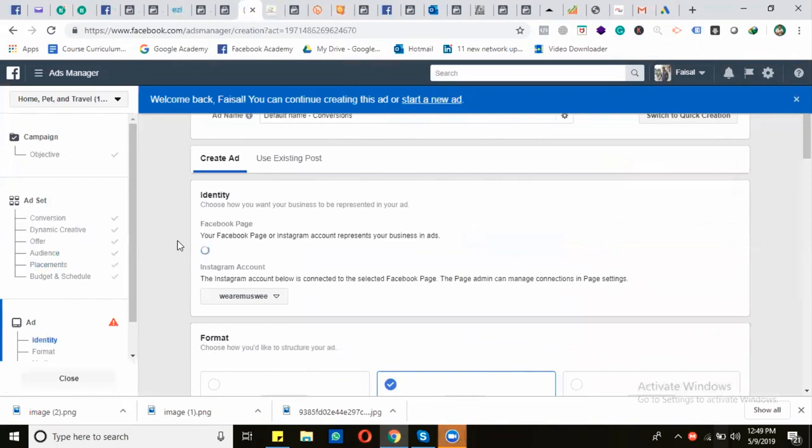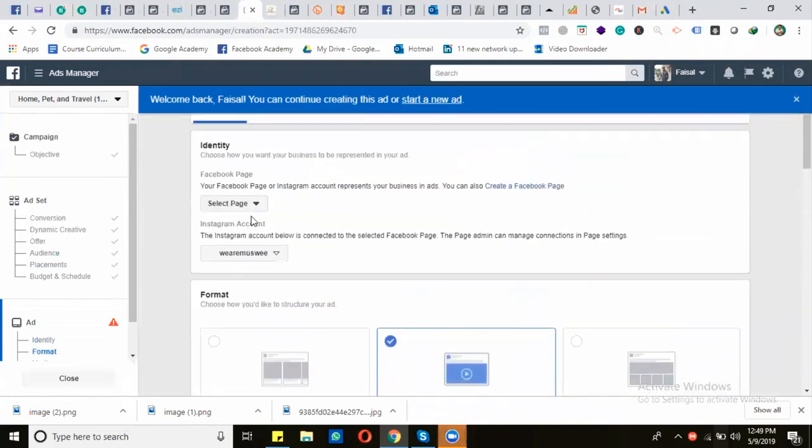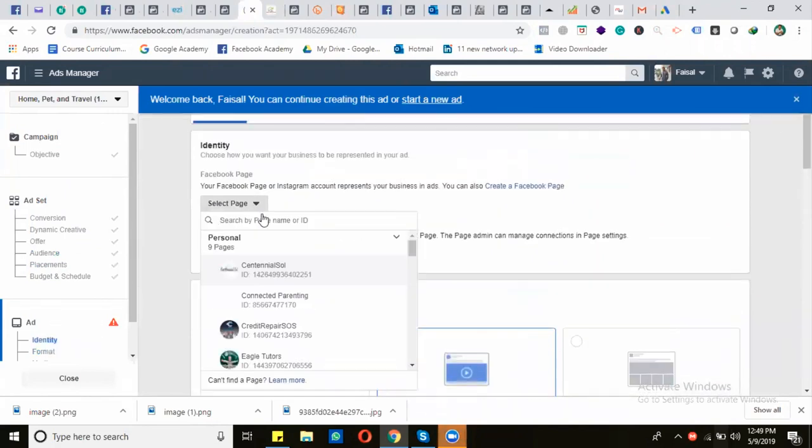When it loads, first of all it will ask for the Facebook page for which we want to create our ads. Meanwhile it's loading, we can simply click here.